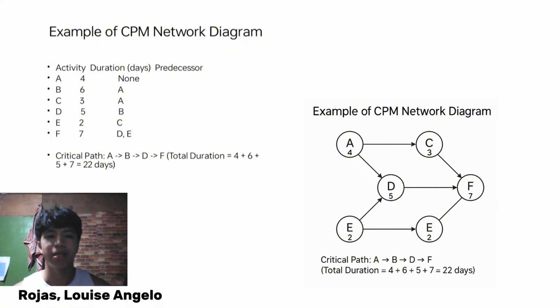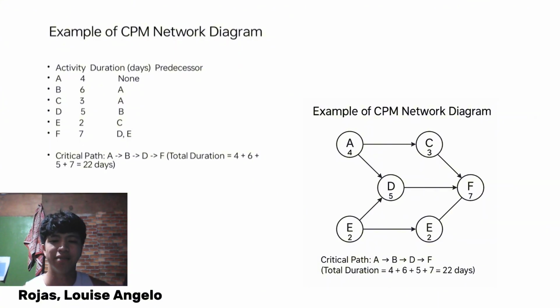So the critical path method network diagram illustrates a project broken down into six interconnected activities labeled A through F, each with a specific duration and dependencies. Activity A has no predecessors and serves as the starting point, followed by B and C, which both depend on A. Activities D and E follow B and C, respectively, and finally activity F depends on the completion of both